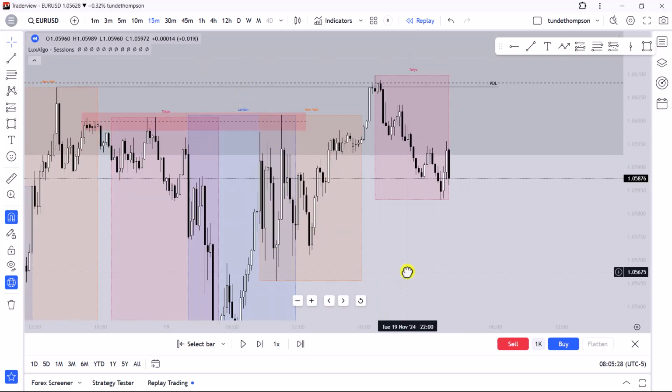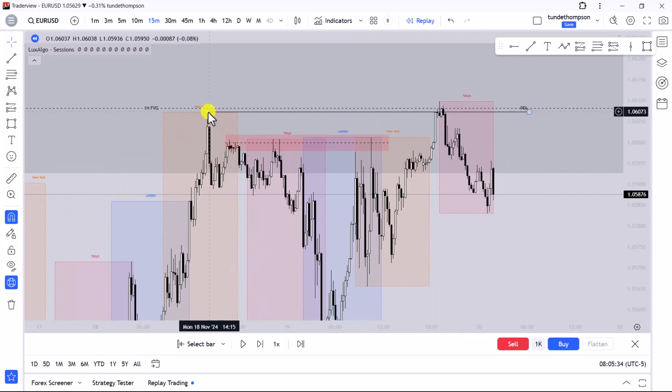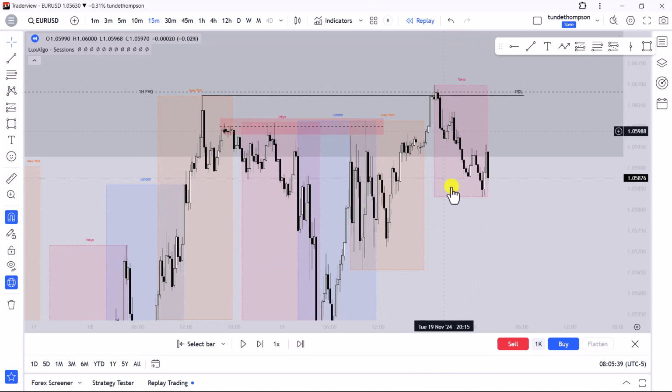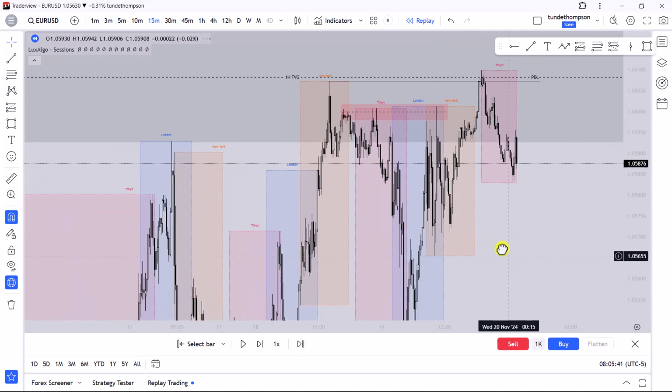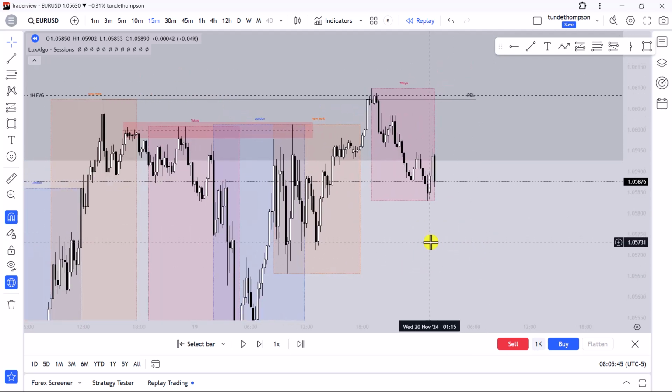All right, fast forward to the London Open. We can clearly see that after taking out the previous day high, which is Monday's, taken out on Tuesday, which was created by the Tokyo session, we are meant to have an aggressive breakdown, but we can't have an aggressive breakdown yet because